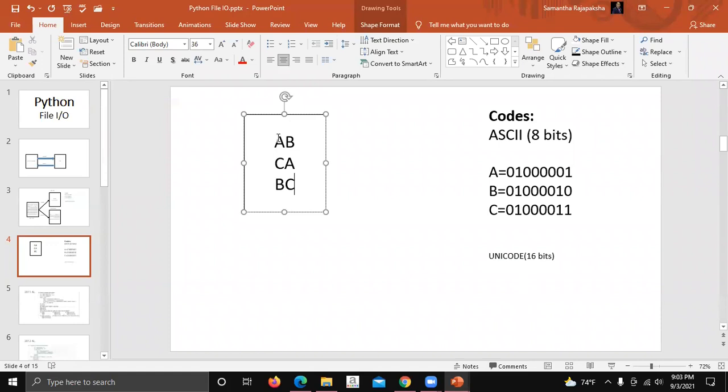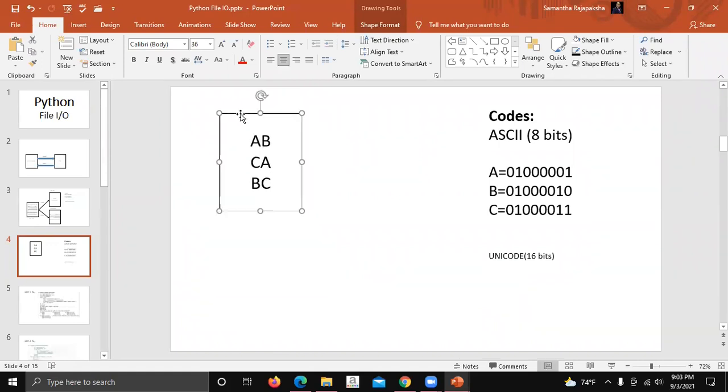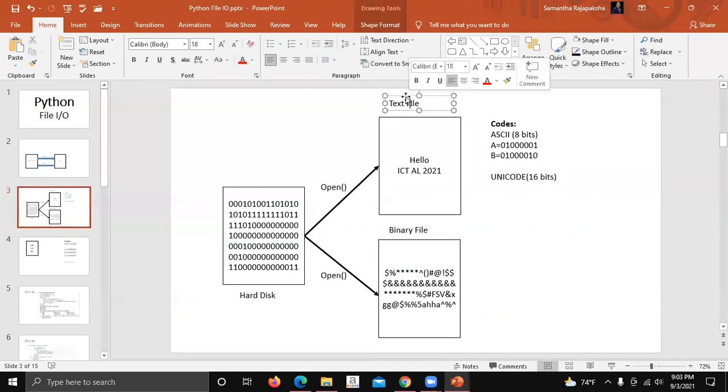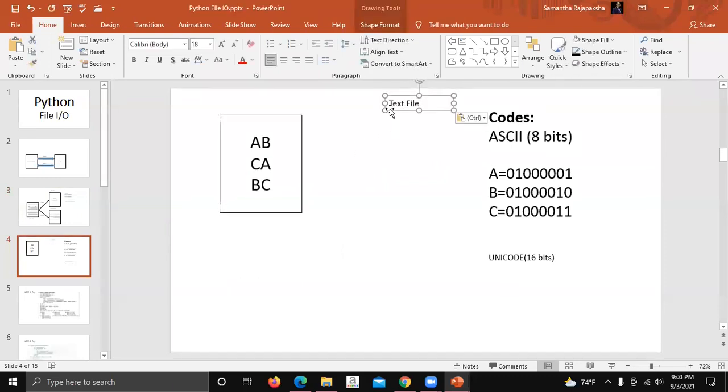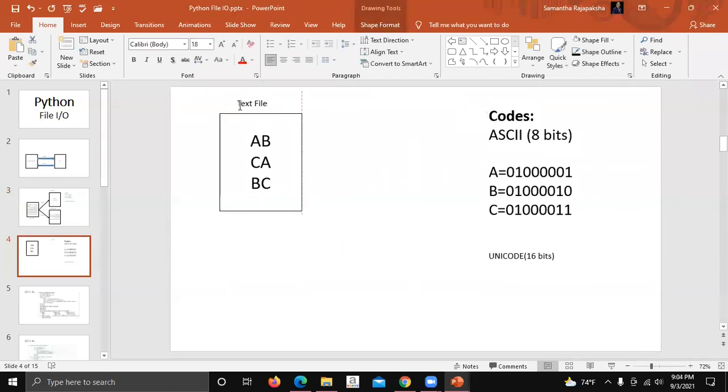We have a text file. This text file has only 3 lines of text. So this text file has only 3 lines, AB, CA, and BC. Now, when you take the binary conversion of this, we need to store this in the hard disk. So in storing this in the hard disk, we can see here,